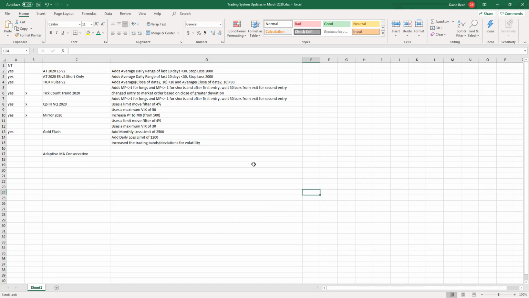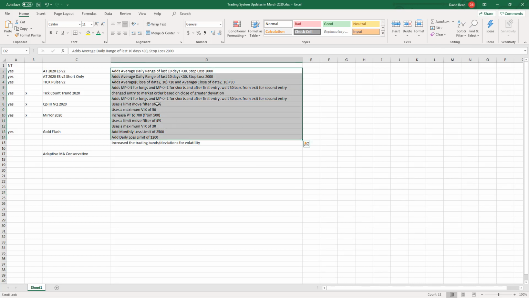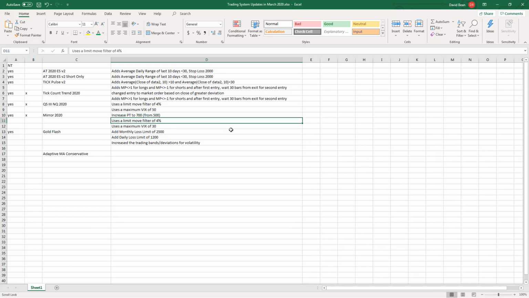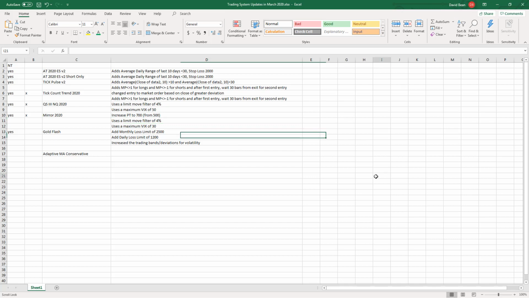So as you can see, these are volatility situations. You definitely don't want to trade on limit moves and high VIXs with stops that are tight. And so we have limited the bounds for which some of these strategies trade, and so you'll trade fewer strategies, and that'll affect your margin requirement; it won't be as high as trading all systems. And so those are the changes listed on March 1st and March 23rd, and I sent these updates out on